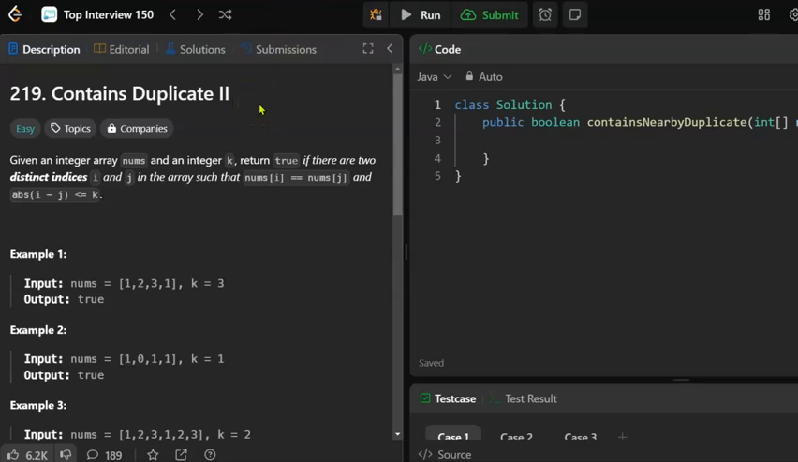Hi, this is Paul. We're doing Leetcode must-know interview questions. Today's challenge is Contains Duplicate 2. I don't remember doing Contains Duplicate 1, but